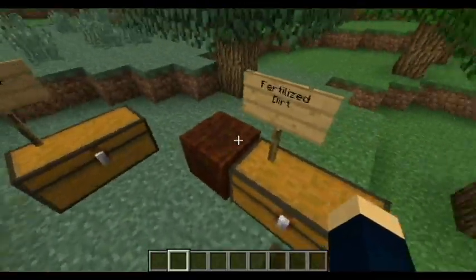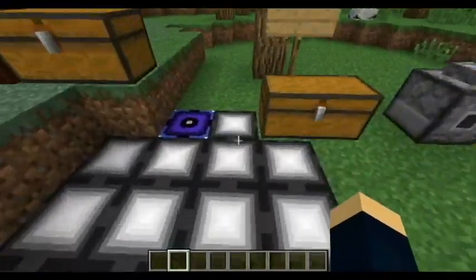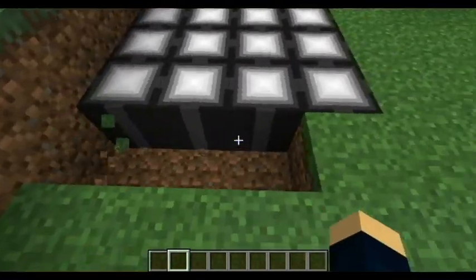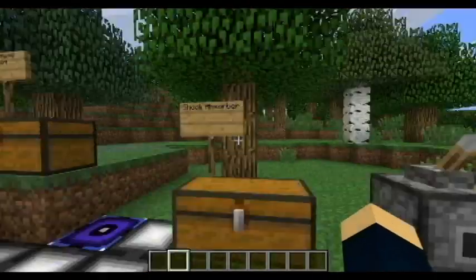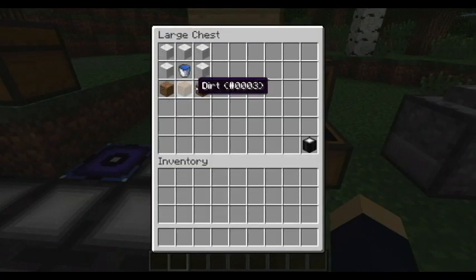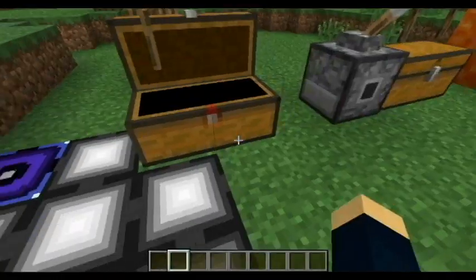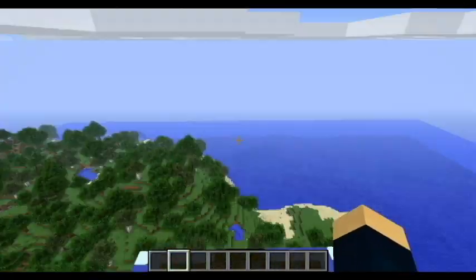So that's it. And then here's another really cool block. It looks really cool too. It's called the shock absorber. Crafted just like this. It's fairly cheap compared to the other blocks in this mod. Just 3 dirt blocks, some wool, and a water bucket. Get a shock absorber. Let me just teleport really high up in the sky here,